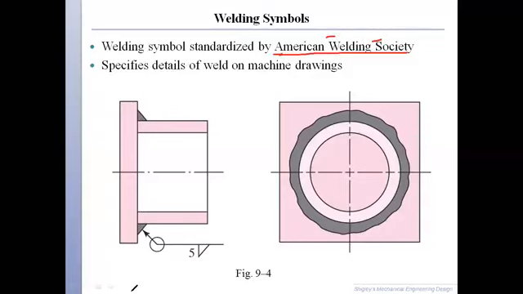Okay, and let's just look at this one simple example of a welded joint and how it is expressed in machine drawings. For example, we have a part over here, okay, and to it there is another part welded, which is this one, okay. And if we look at